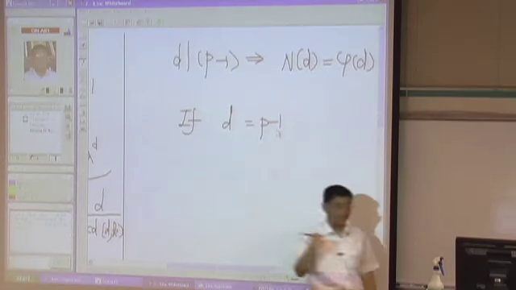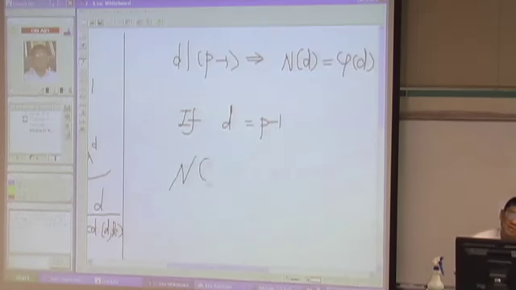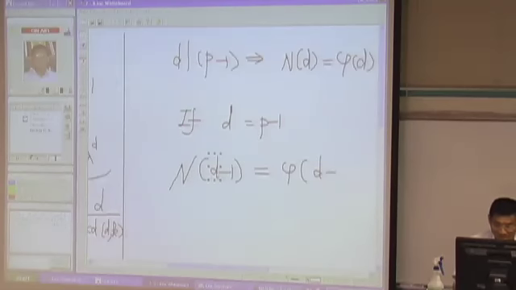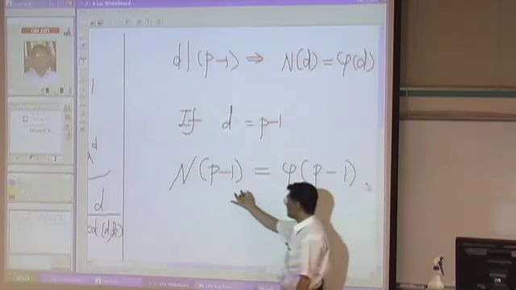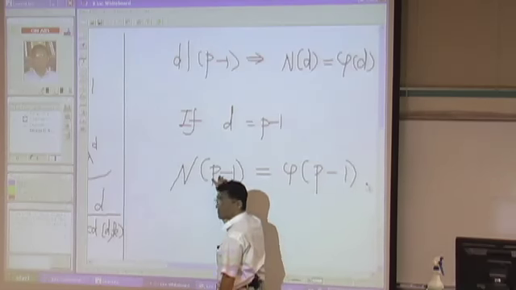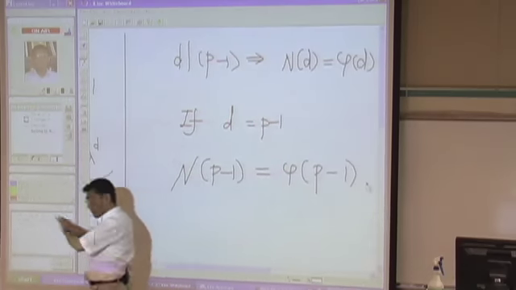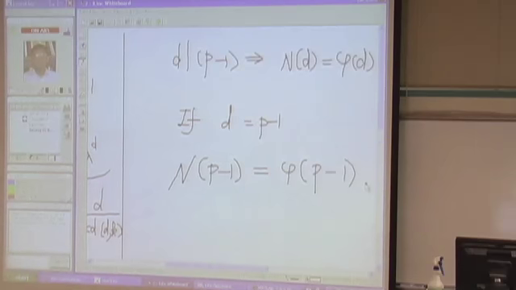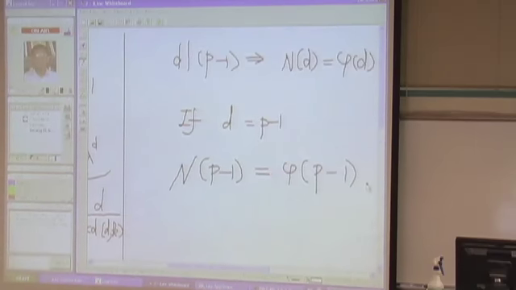Then what happens? The number of elements having order P minus 1 is phi of P minus 1. And the number having order P minus 1 is called primitive root, right? Any number having the order P minus 1 is called the primitive root by definition. So the number of primitive root,